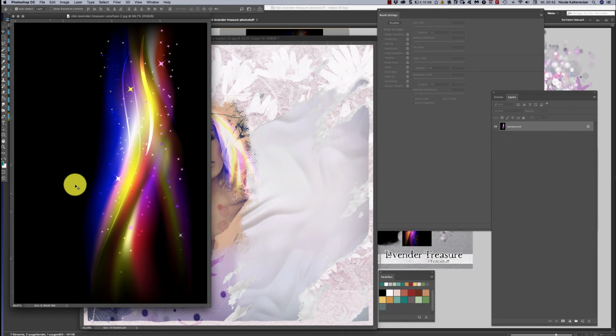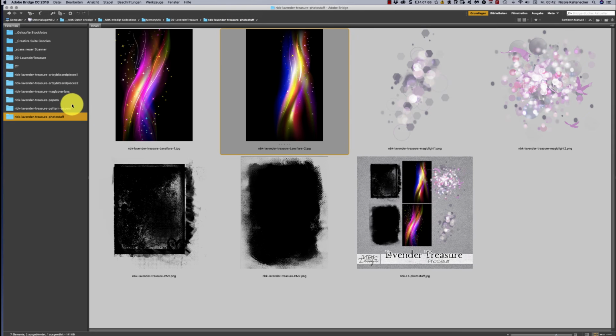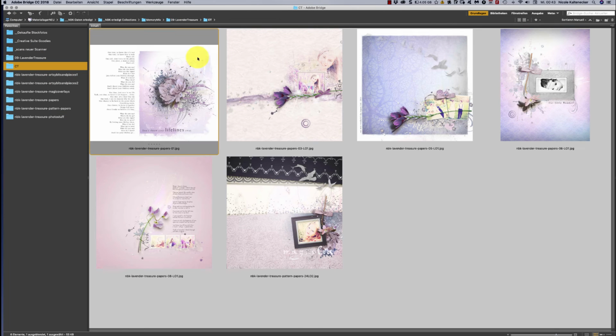Okay, this is the photo stuff folder, or this element pack is called. So you get 6 different elements, and yes, this is it. I can show you some CT